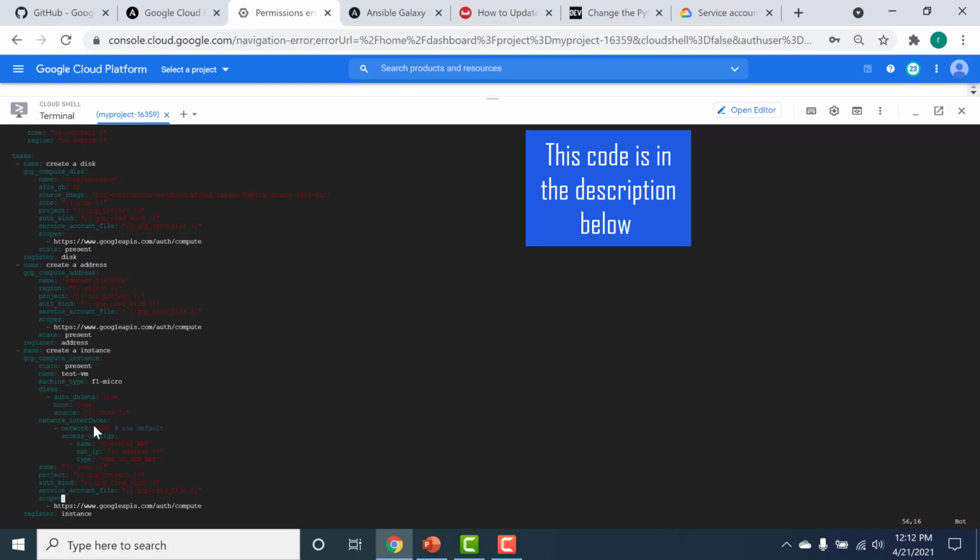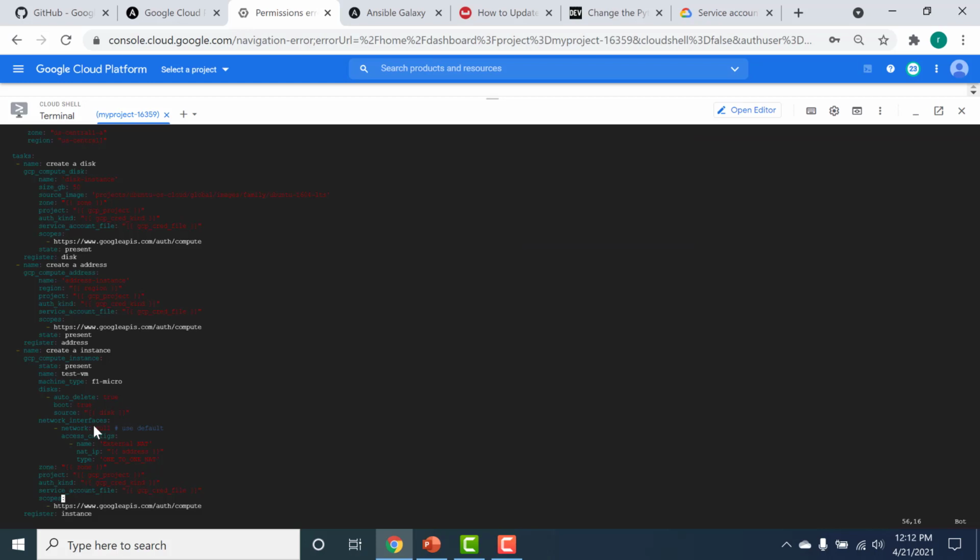So it will be created in the default network. And then the machine type would be f1-micro, so I'd create an instance of f1-micro. Then I can provide the address in the access config and the disk within the disk key. This disk is basically pointing to the output of the gcp_compute_disk, and this address is pointing to the output of the gcp_compute_address. Once I have created all these three modules, I can run this and it will create an instance for me. So let's do that.